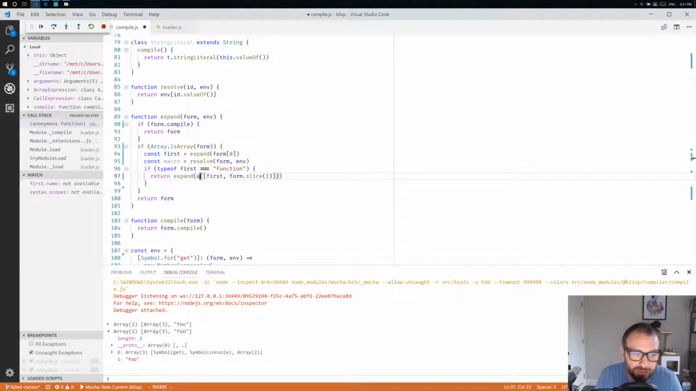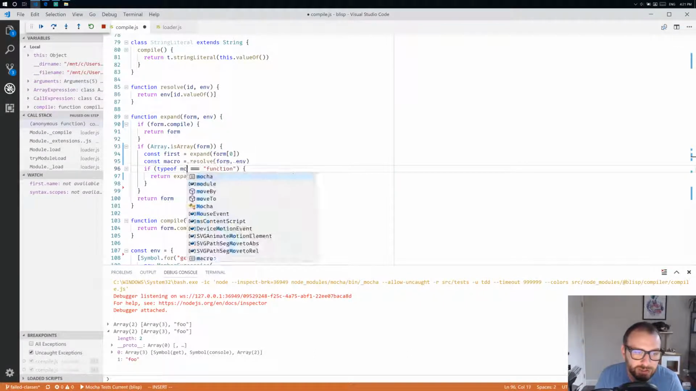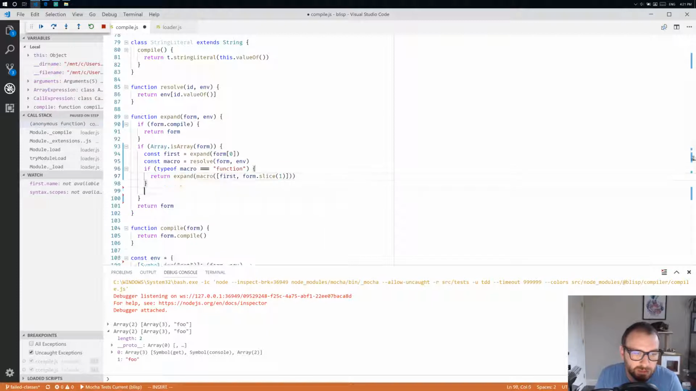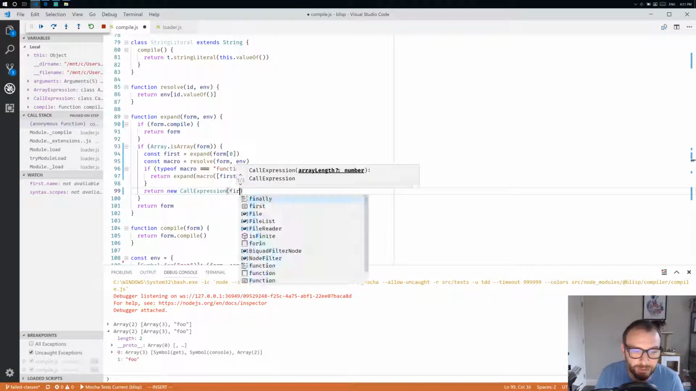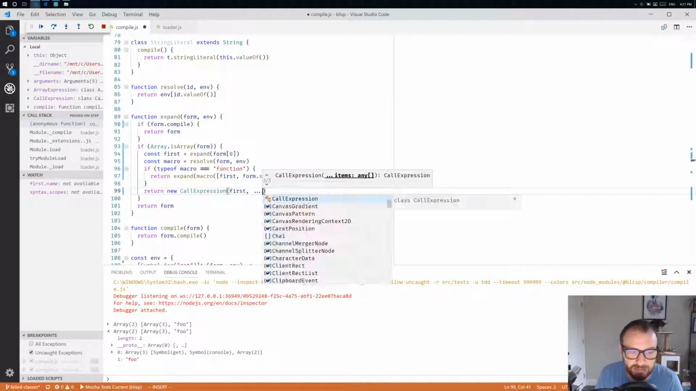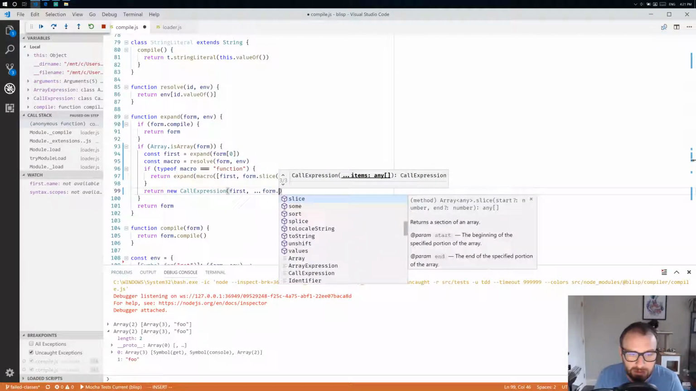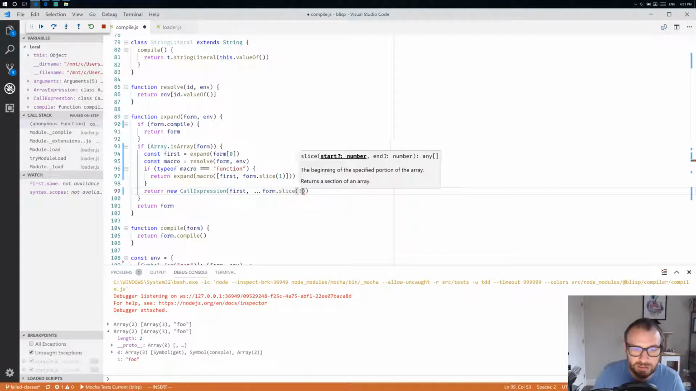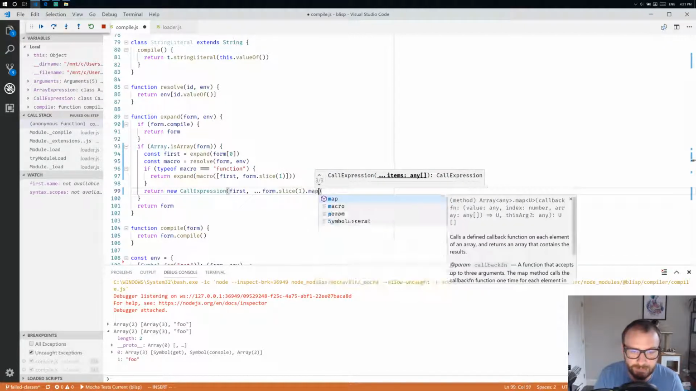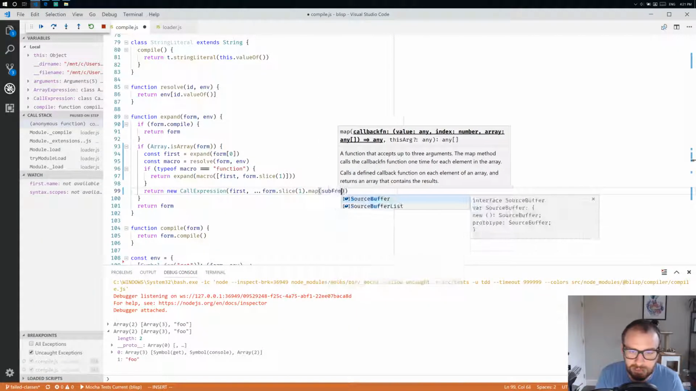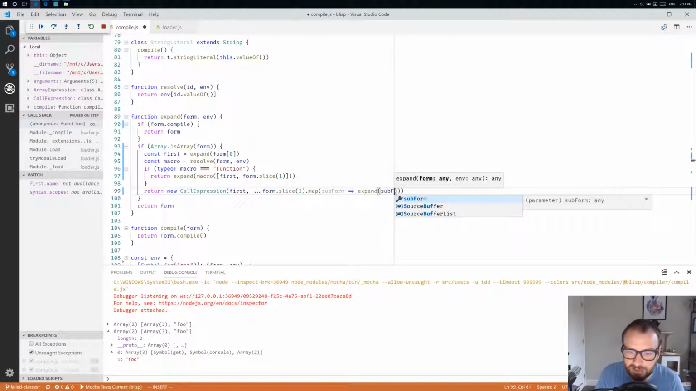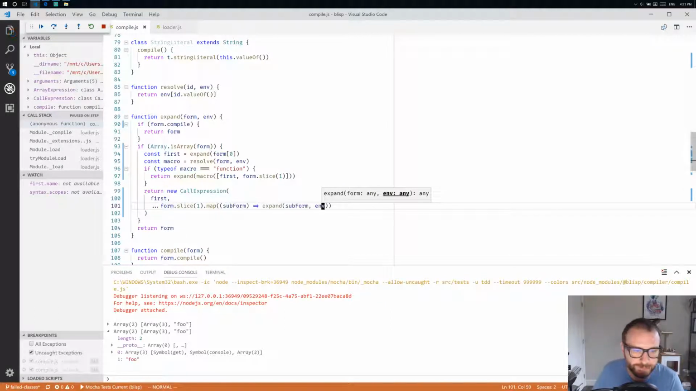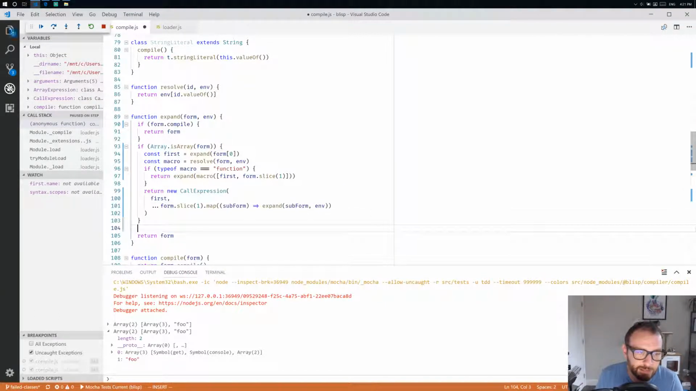And then we want to call the macro function if it's a function. Otherwise, we're going to assume that we have a call expression. So we'll return new call expression with first and the rest of our form. Slice 1, and we need to expand each of those forms. So we will expand the subform in our env. All right, so